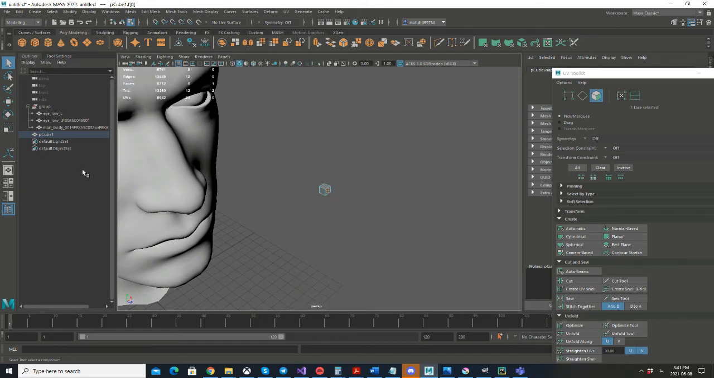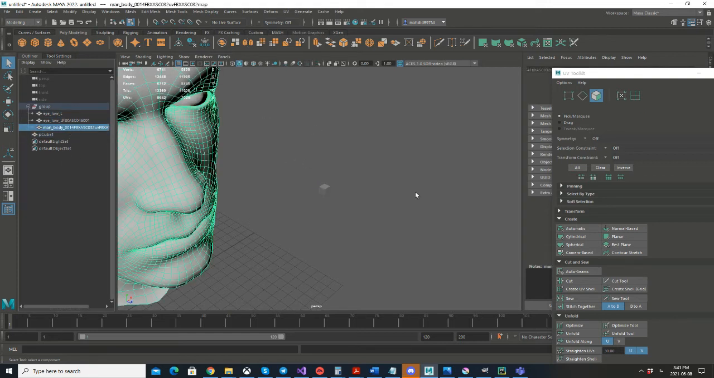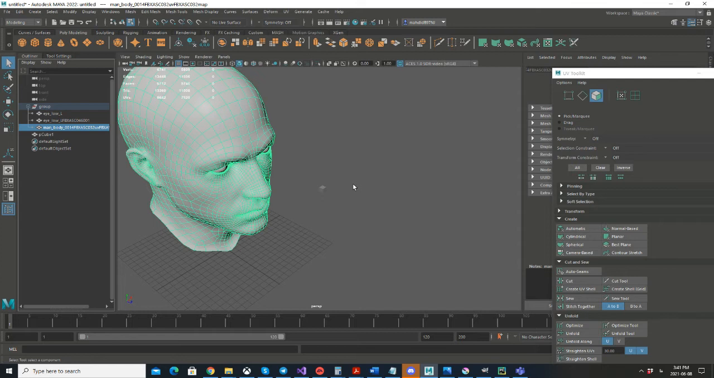And is the grouping solved? I mean, are they grouped now? Is there any problem there? Okay,